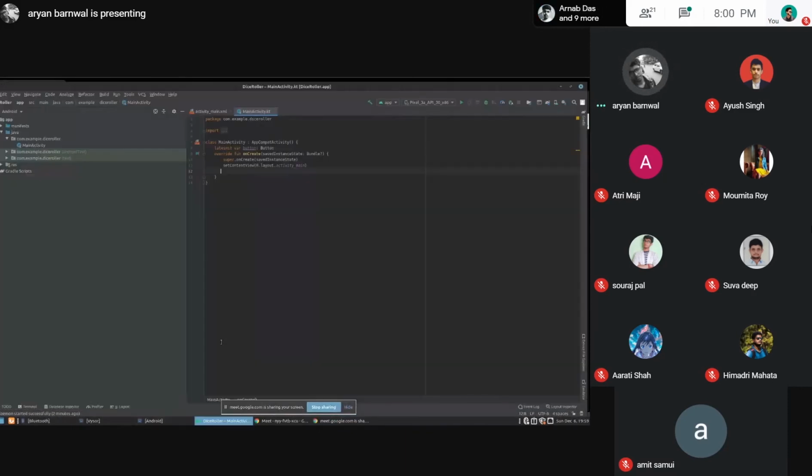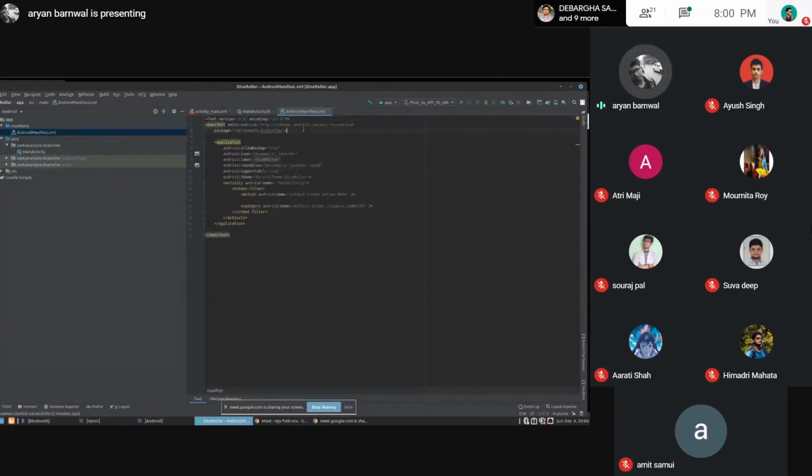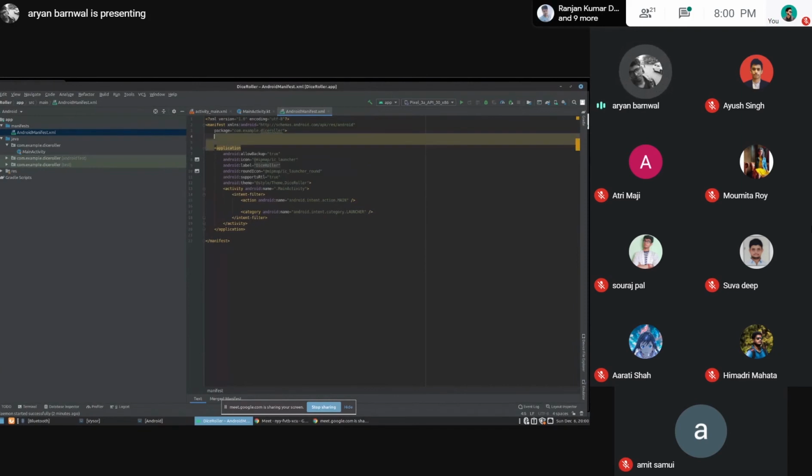So this is the basic layout of Android Studio. I will show you what is what. This is the manifest file. If your app is using data from the internet, like a weather app, you will need to fetch some data for your location's weather. So you can signify the permission here, like uses permission of internet. It will give your app permission to use the internet facility of your phone. This is mandatory. For the dice roller app, you don't need that.